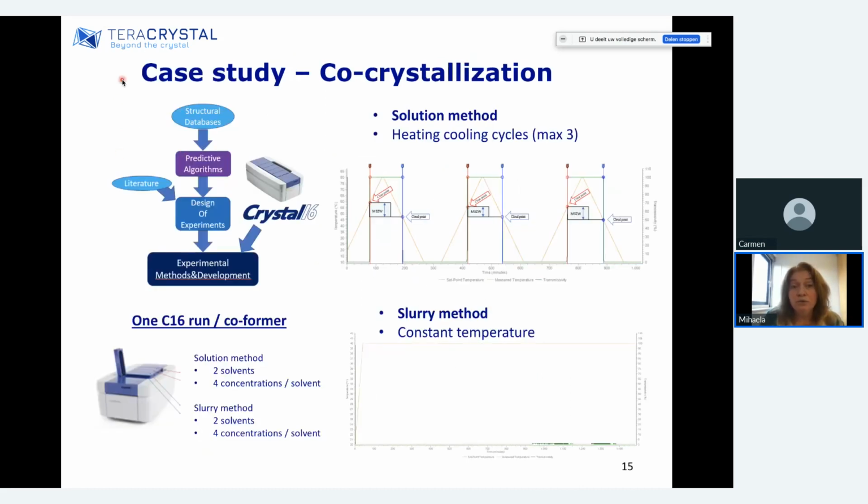And this brings me now to co-crystallization. For co-crystallization, we also wanted to see how we can best or efficiently use Crystal16 for screening. And you know, for co-crystallization, that screening is a little bit different in terms of design. So a lot more time is spent in looking at what are the right molecules, so-called coformers, which will match with your active or with your parent compound such that they will form together